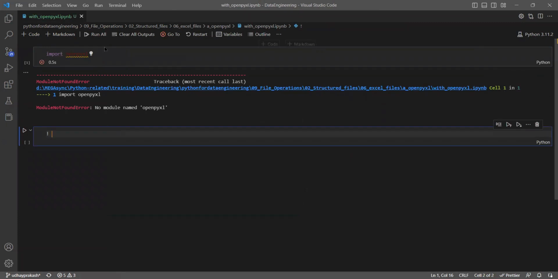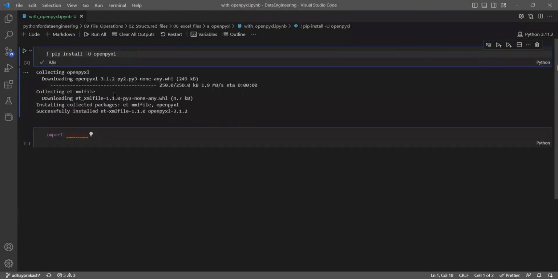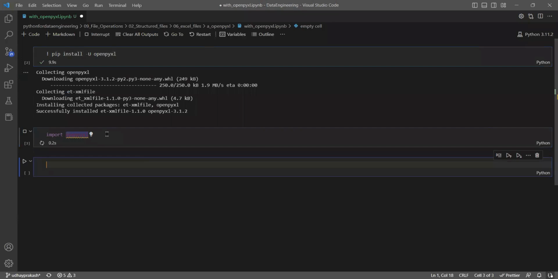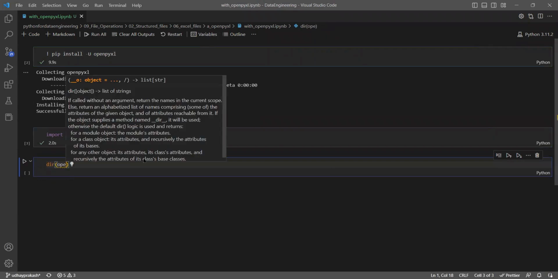How do you do that? The same thing I told you: pip install openpyxl. If it is not there, it will install. Subsequently, if I use -U also, if it is already installed, it tries to update it. After doing that, if I try to use it, it will work. And if I say dir of this openpyxl,